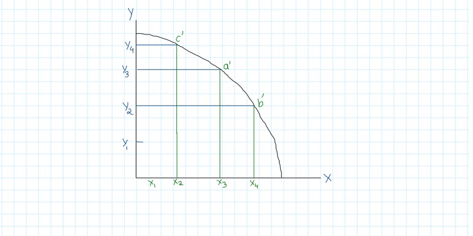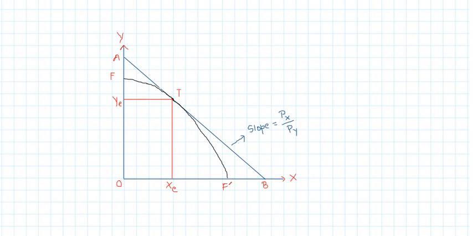However, any point which is inside the PPC curve is technically inefficient. It basically implies that there are some idle resources which can be used to reach any of the points on the PPC curve. Similarly, any point which is above the PPC curve is unattainable unless more inputs or better technology is available with the firm.